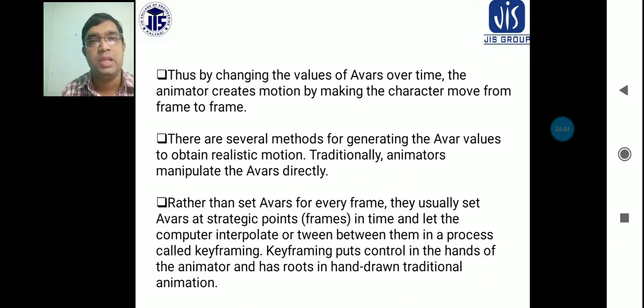Suppose the human being's movements, the pulley movements and the animators are given. Rather than setting rewards for every frame, each and every frame has to be given. Suppose the animation is like a PowerPoint presentation: you have to give each and every line one by one, but here the full page or full slide will be given to your animation. This will be considered your strategic points frames